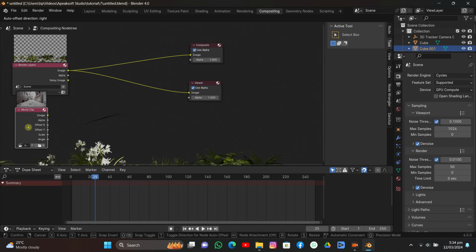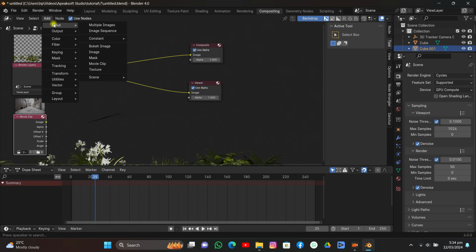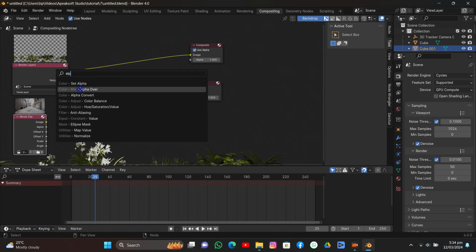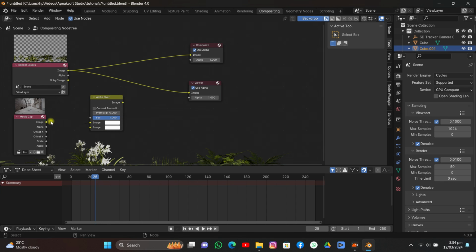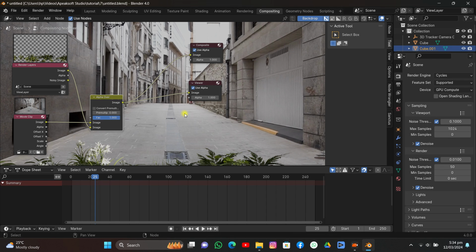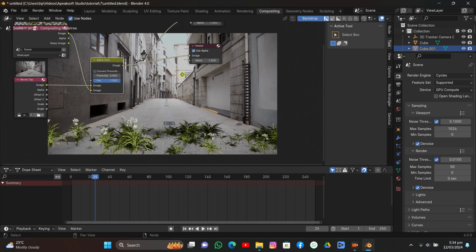And just click alpha over node. I'm just gonna add alpha over node. I'm gonna search for it and add this between those two. I'm gonna connect this image with the upper socket and this one with the downward socket. I'm gonna connect composite and also the viewer. And as you can see, we have composited the CGI object into 3D, but we can see some errors, there's